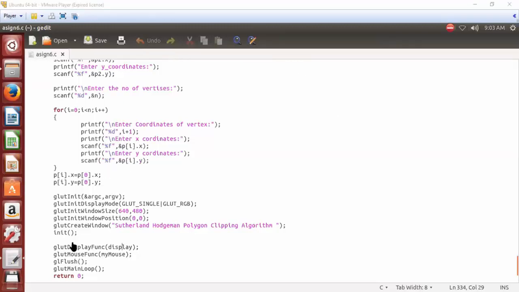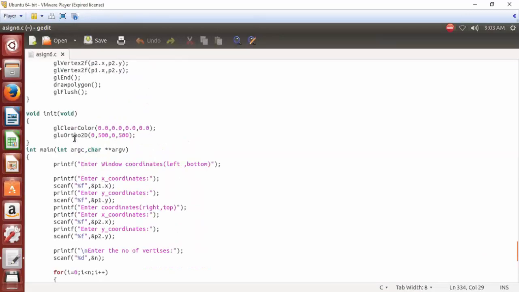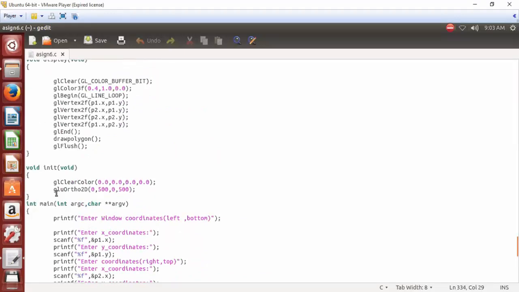Then let's see all these functions one by one. First, we are going to call the init function. So let's see the init function. The init function is very simple here.